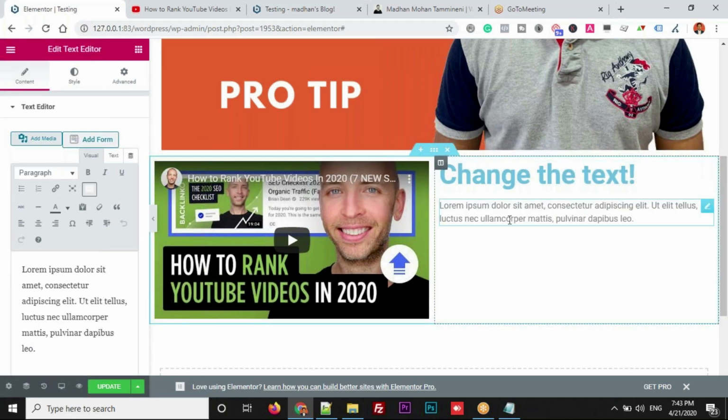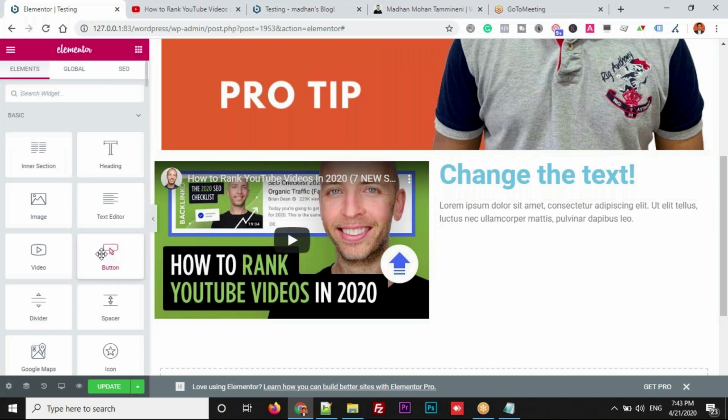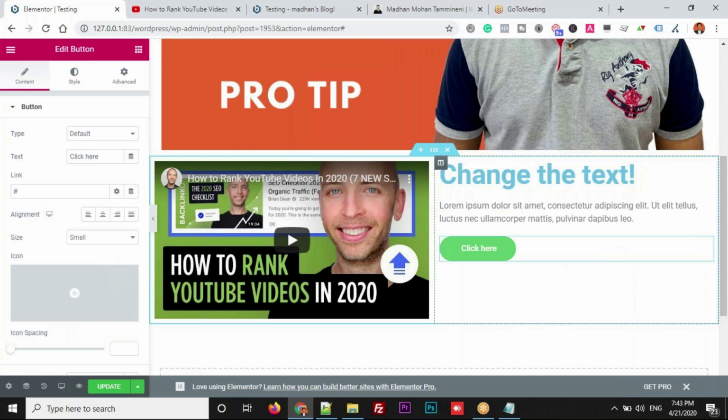Like this you can keep adding multiple widgets, one after another, in a single column or in a single row. You can add multiple widgets as well. Here you can observe we have 2 widgets added. I have added 2 widgets here in the second column. Now I'll come back to this section, how to change the colors, increase font size, everything. But before that, let me add one more call to action button as well. Let's click on this symbol again. There is a button over here, drag it, drop it. Now we have content ready.